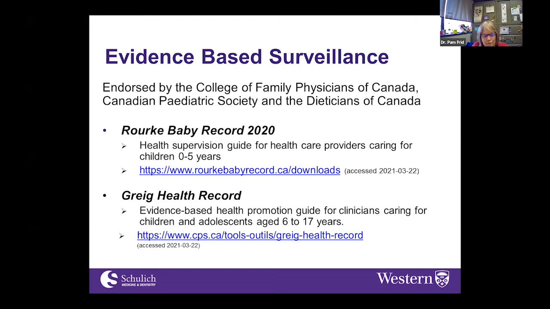What fewer people are familiar with is the Greig Health Record, which was developed after the Rourke Baby Record, and it was for older children, because the Rourke goes to age 5 and the Greig kicks in at age 6, and it's formatted very similarly.